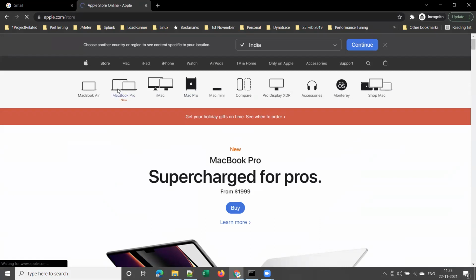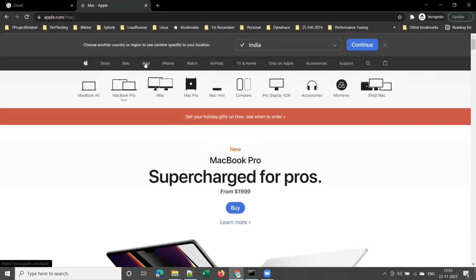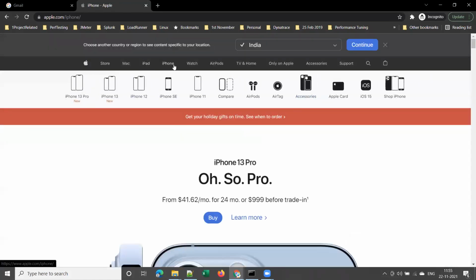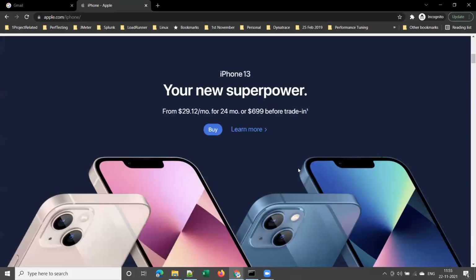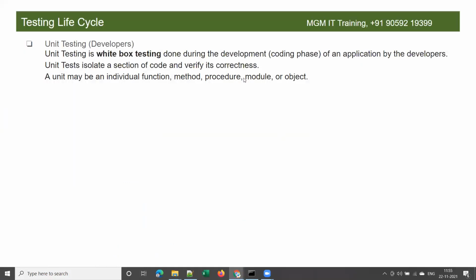You see some tabs over here, right? There is a store tab, and there is another tab for MacBooks, another tab for iPad, another tab for iPhone. So one developer may be working on each page, or 2 or 3 developers may be working on each of these pages. And these are called software modules. Clear, guys? You'll understand what is object, what is function, method in the coming sessions. So a software project is made up of different modules or different classes or different functions and methods. Clear, guys?